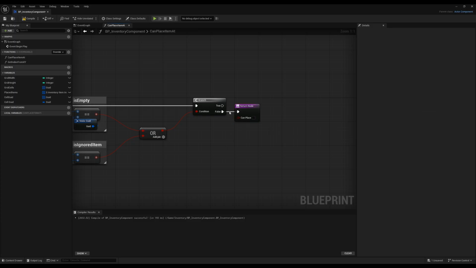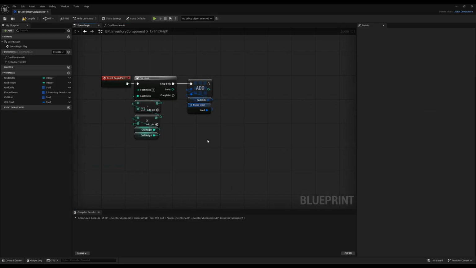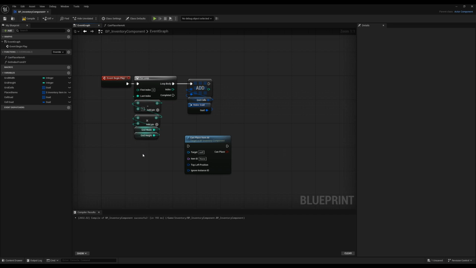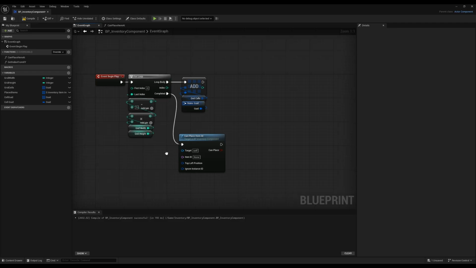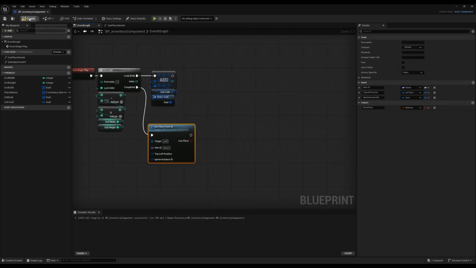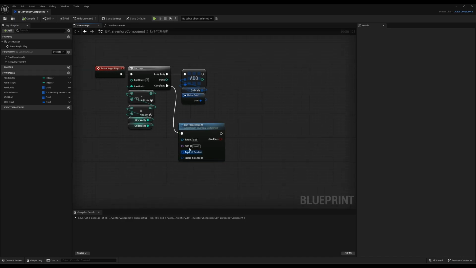We don't need a connection for the true, because when you go back here to the event graph, you can now get your can place, okay? And once our count, in this case of 50 slots here, remember, once it's completed, we can check whether we can put this item inside our inventory or not. And that's basically it. Compile and save. So we can make a check. You remember that we added a green herb and the